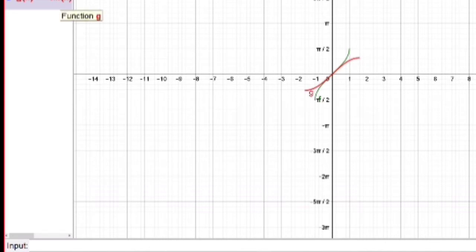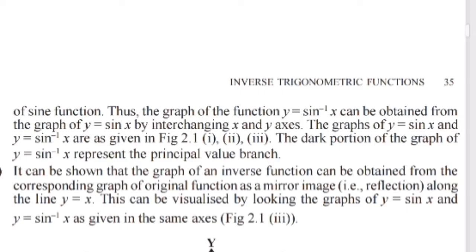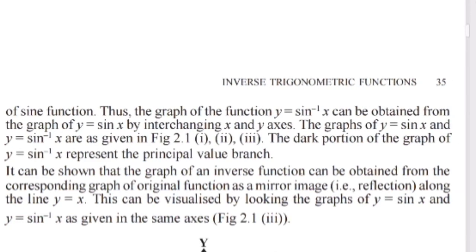So we can see this is the sin x graph. It's only the branch, we have just taken only this branch. Now this is the sine inverse x. Now the graph of y is sin x and sine inverse x we can just get by interchanging the x and y axis. Now the other way of getting it is, it can be shown the graph of an inverse